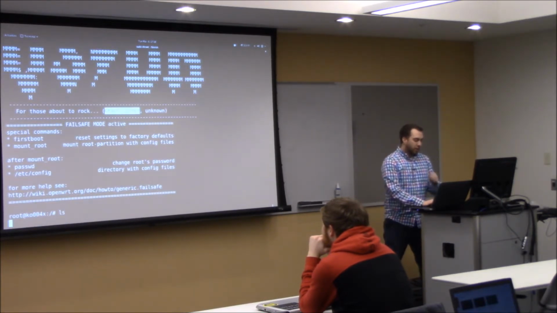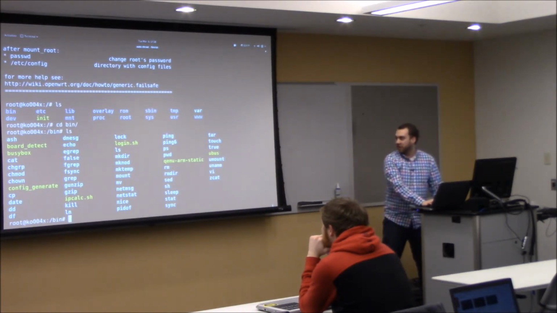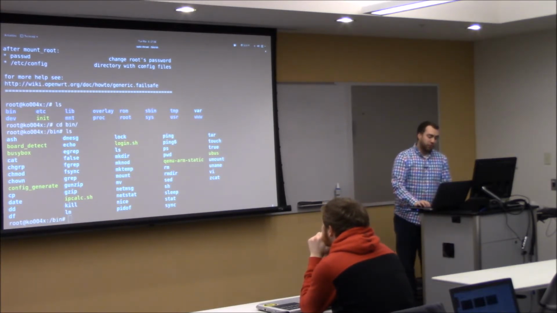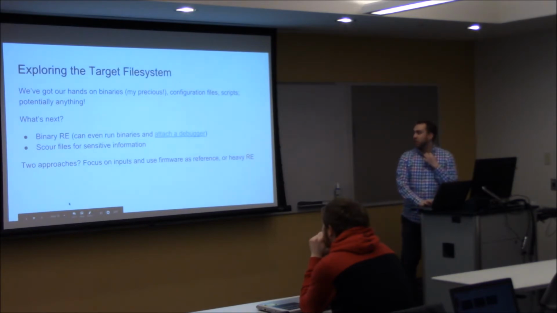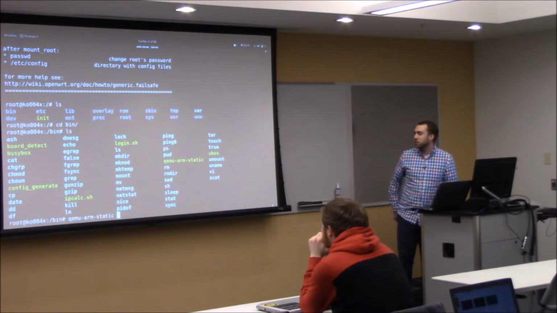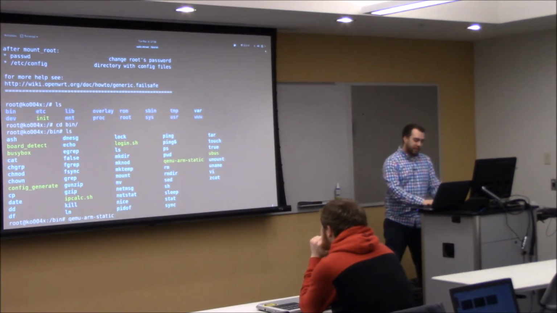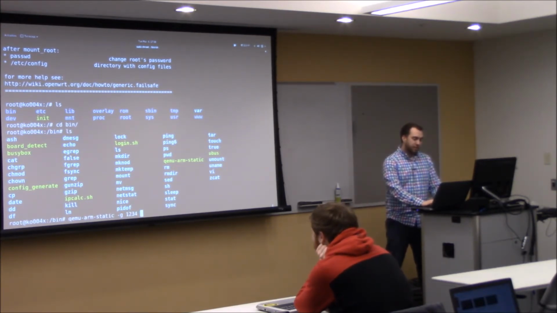But we can start to poke around at these binaries, and we might figure out how something works. We could try to run some of the services on here and see how they actually operate. And further, if we wanted to find out more about them, we can attach a debugger to it, and I have a link here explaining how to do that. The QEMU utility has a built-in GDB server, and GDB is the GNU debugger, which allows us to step through code and look at stuff like that. So if I run this with the dash, I believe it's G, and a port number, and the name of the binary,